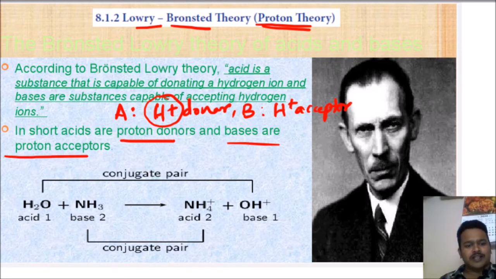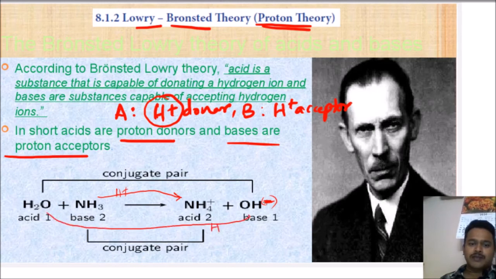Here you see one reaction. Observe this one: H2O and NH3. What are we getting? NH4 plus. NH3 is converting into NH4 plus. So what is the difference? It is just accepting a proton, H plus. And H2O becomes OH minus. Here a small mistake is there; this is an OH minus. H2O loses H plus, OH minus remaining. What is the difference? H plus missing here, H plus adding there.